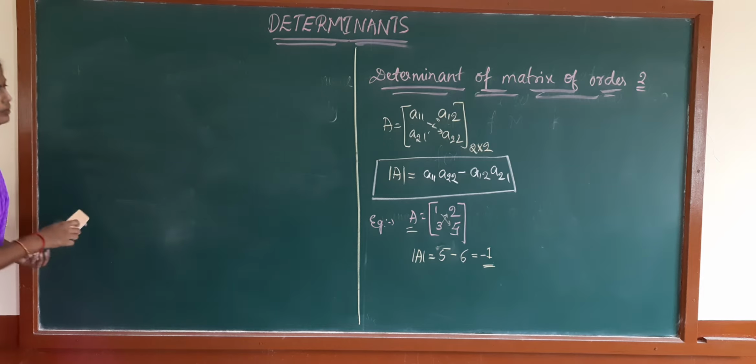So here what is there? 2. Next we have to take the determinant. First row, second column. Leaving these two, what do we get? -1 0 4 0. Next one is plus A13. So A13 is nothing but, what is the value here? 4. So 4 into determinant of, we have to leave first row third column, what do we get? -1 3 4 1.